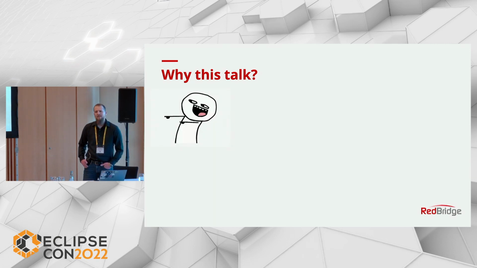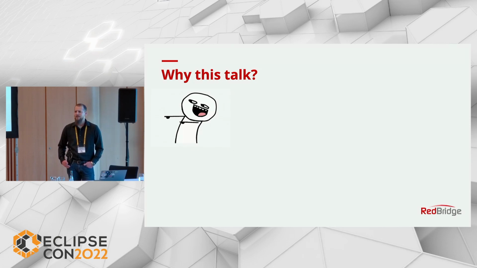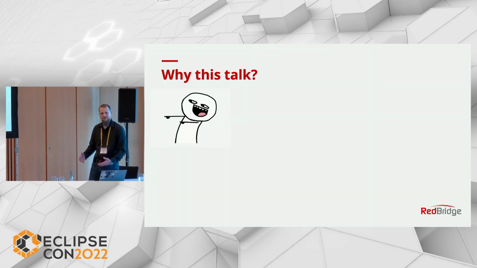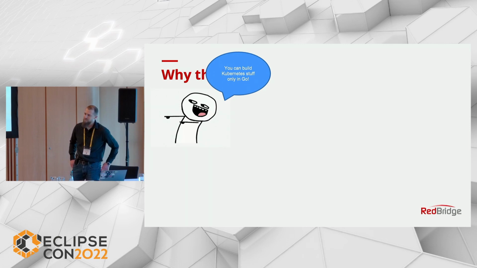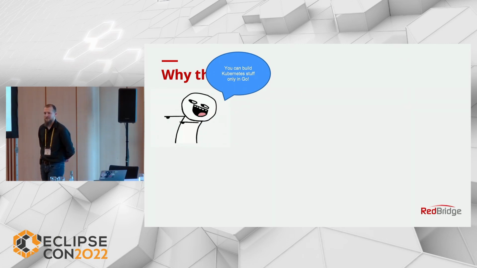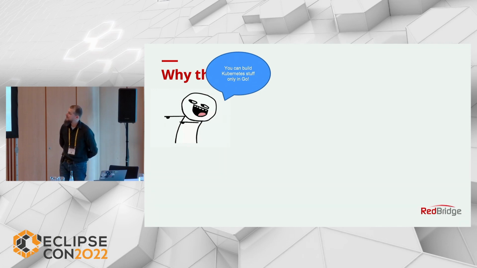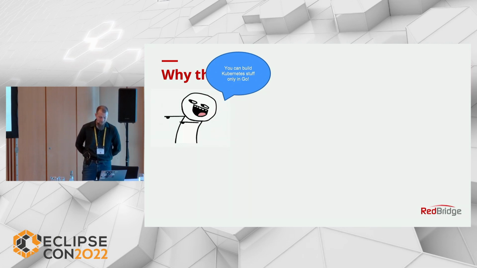I don't know if any of you guys, well, most of you look like you've been around for a little while, at least in IT, but you know those ambitious young people that just joined your team. You gave them a task. You say, well, we need an operator for something. And they, of course, immediately rush away. They check how do you build an operator? And in a meeting with 15 other people, you get to hear this: you can build Kubernetes stuff only in Go, because Kubernetes is built in Go, right? Yeah, might be true if you only read the operator SDK, which happens to be in Go.